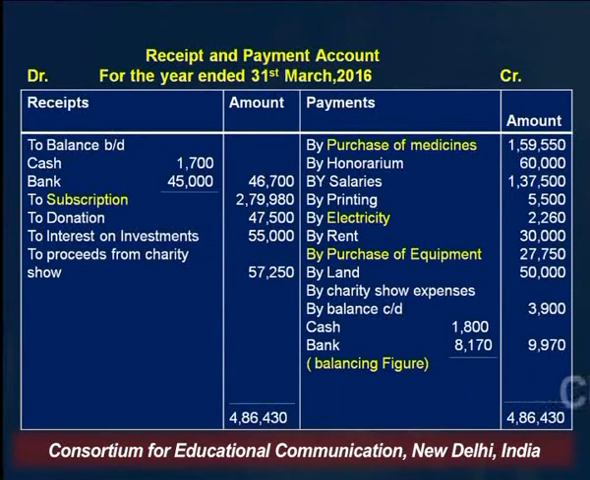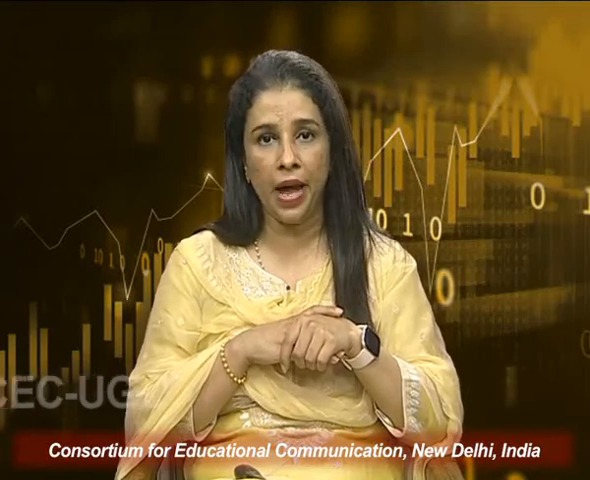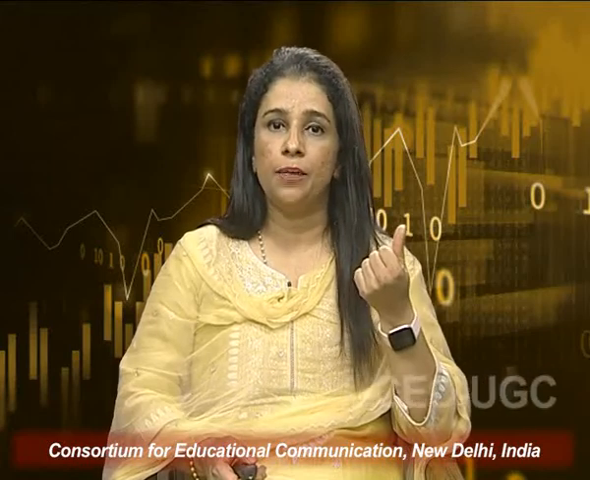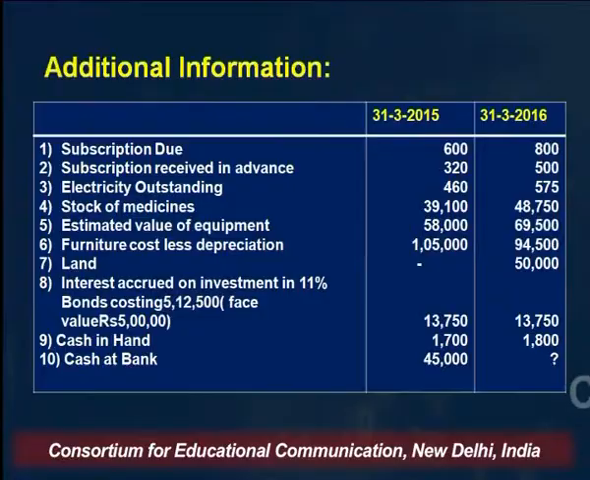electricity, purchase of equipment. Finally, after preparing this receipt and payment account, there would be a balancing figure on the credit side, and this balancing figure shows the closing balance of bank. The closing balance of cash was already given in the question, as you can see at point number 9. Closing balance of cash in hand was given as rupees 1800, but the closing balance of cash at bank was not given in the question. So by preparing the receipt and payment account, the closing balance of bank is calculated, and this is